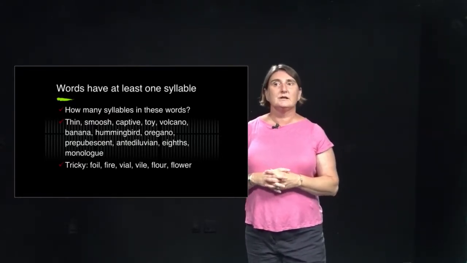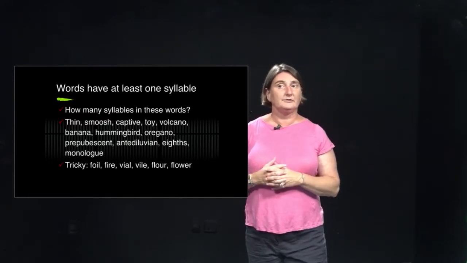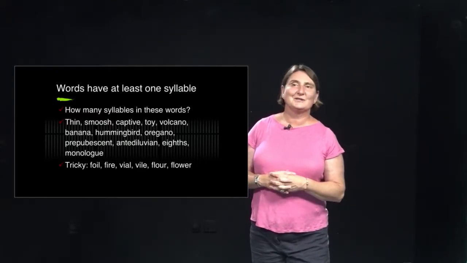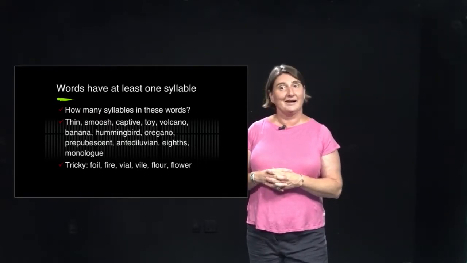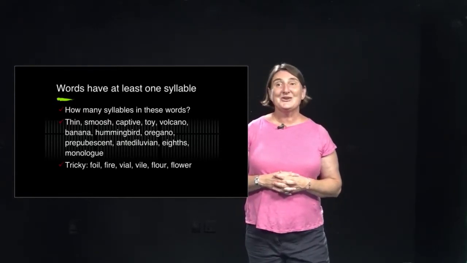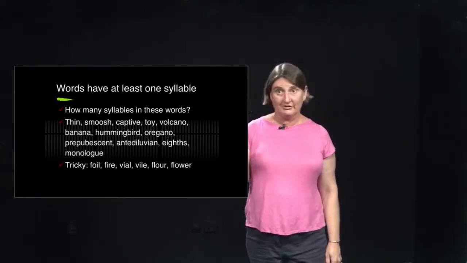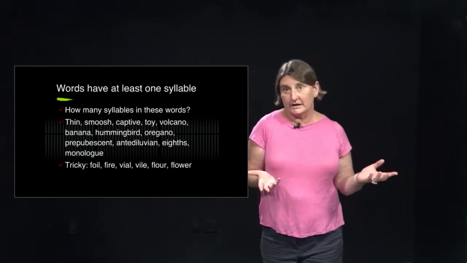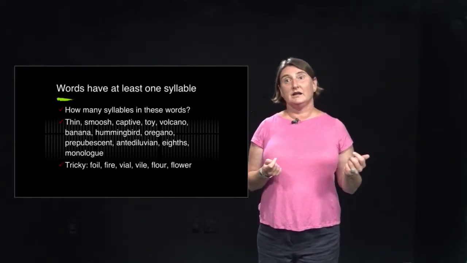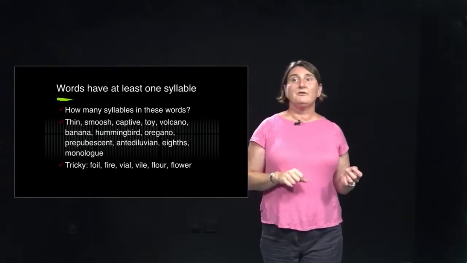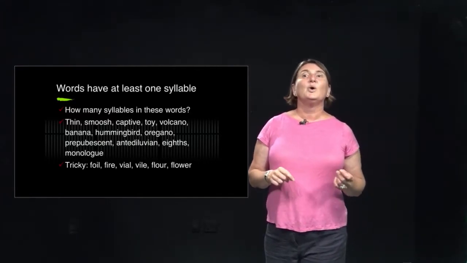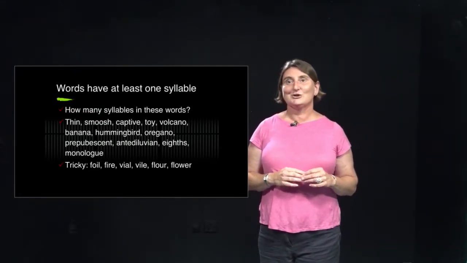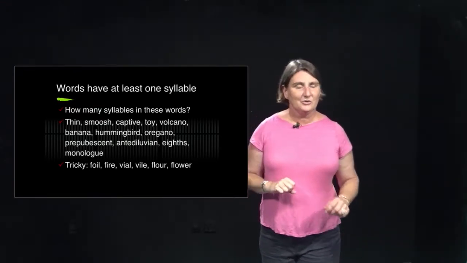Now I have some trickier words. Foil, fire, vial, flower. People go back and forth on whether they think those are 1 or 2 syllable words. Some people, in fact, call them 1.5 syllable words. And you will notice one of the things about them is that they have diphthongs in them, which is an inherently longer kind of vowel, which might lend some weight to the idea that they are more than 1 syllable. And then they're followed by an L or an R, which are 2 sounds that are very problematic for kids to learn to produce right. So there's a lot going on there